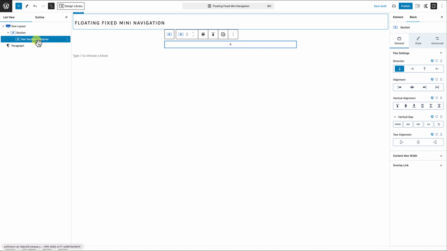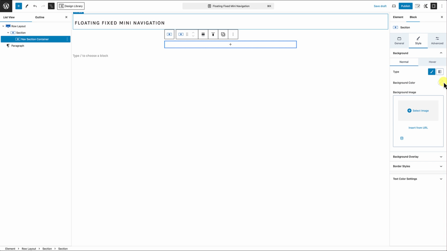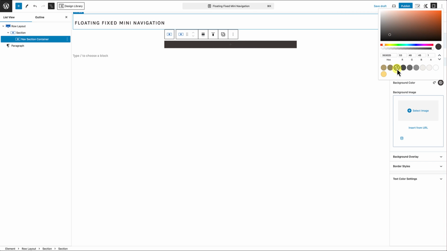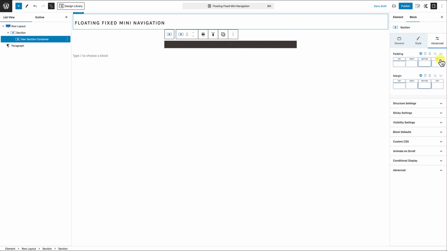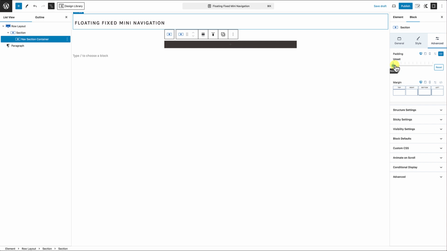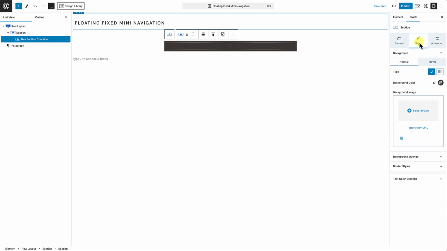So select the nav section container, move over here to the right, go to style, and we want a background color, and we want this color to be dark. We also want to add some padding to this, so click on the advanced tab for that section, unify the size for the padding, and we'll set this to be extra small. Then we also want to set up the pill shape for the navigation, so click on the style tab, go to border styles, and here where we have border radius, I'm going to unify the sides, and we're going to add 100 pixel radius there,